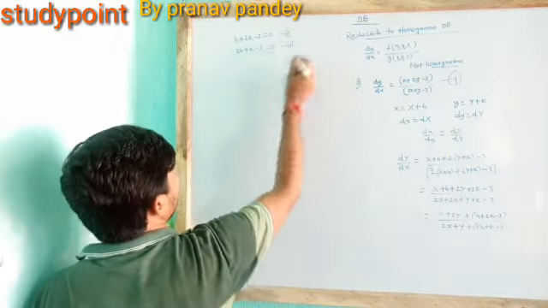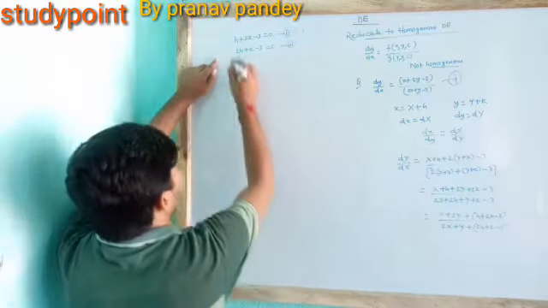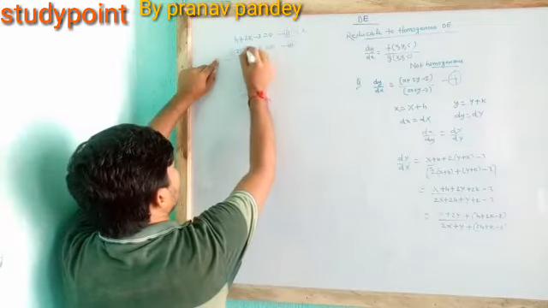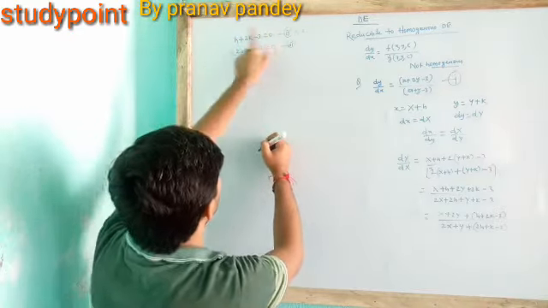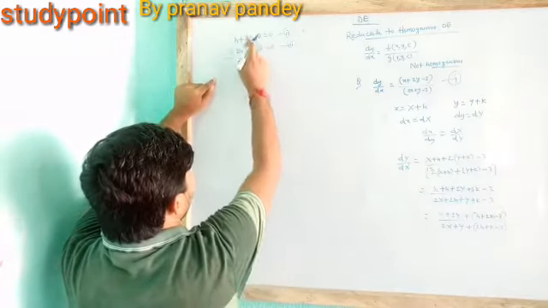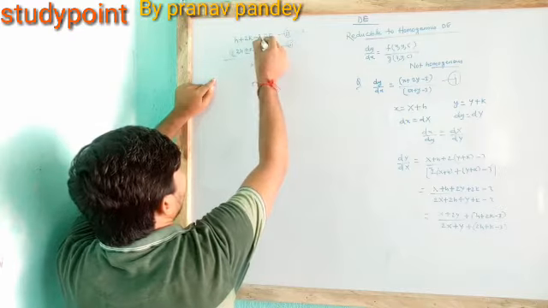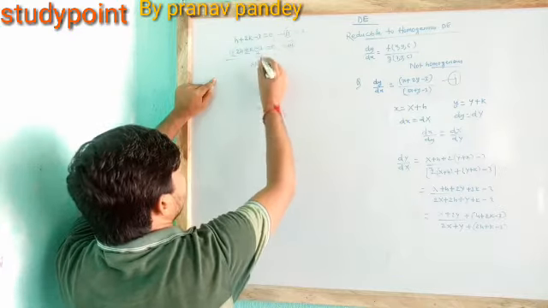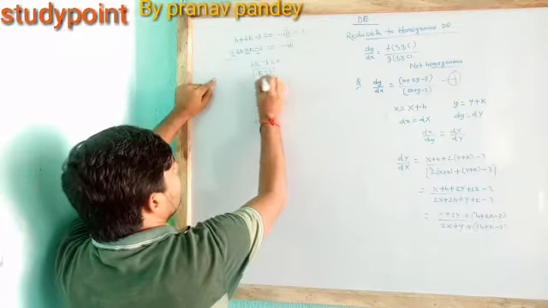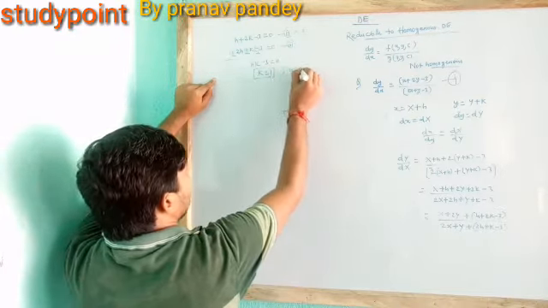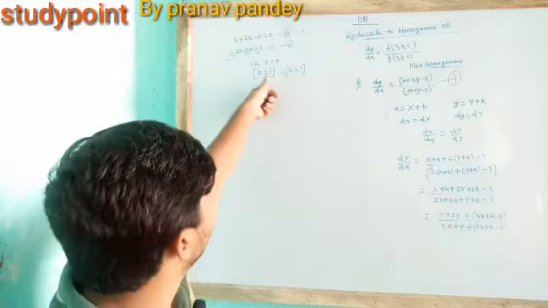So what will we do? We will multiply the above equation by 2 and subtract. So plus will become minus and minus will become plus. We see here 2h will cancel, 4k minus k is 3k, and here it is 3 times 2, just 6, so minus 6 plus 3 gives minus 3 is equal to 0. So we get the value of k as 1. Similarly we will solve for h and get the value of h as 1. So we get the values of h and k.